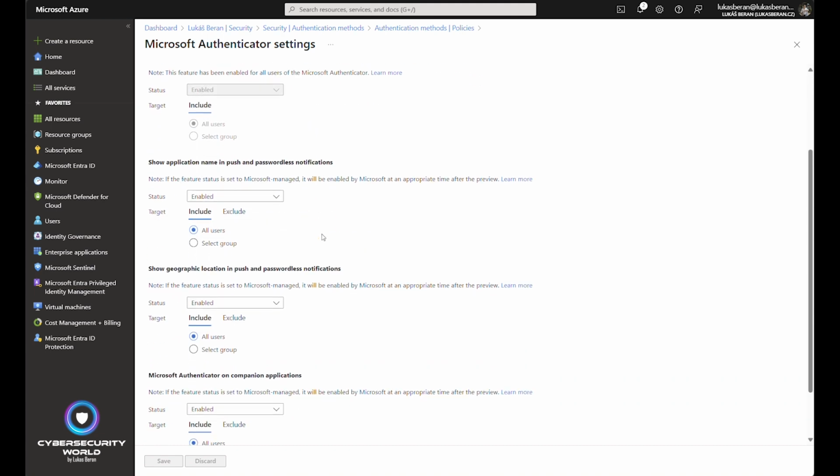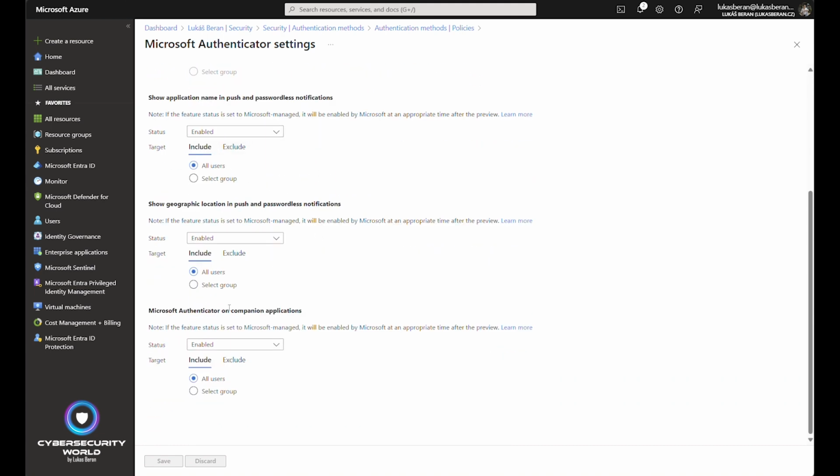And also you should enable these 3 settings here. So show application name means that on the notification that users get in the Authenticator app, the application name that's triggering this request is shown on the screen. Geographic location means that, again, on the Authenticator notification, there is a small map showing the location of the request. The location is not based on any GPS coordinates. It's based on the IP address